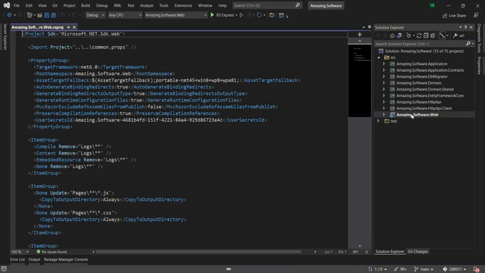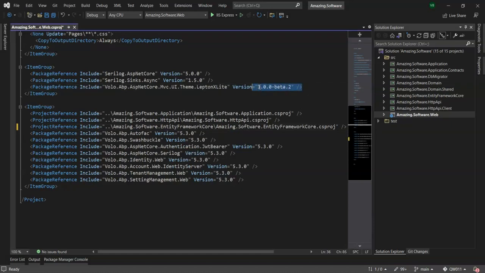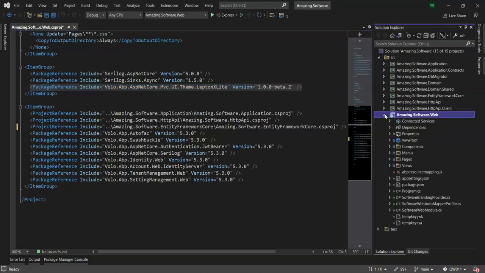In Visual Studio we'll open up the project file over here and we'll scroll down and we will get rid of the basic theme, which is over here. Sorry, we're just going to get rid of the basic theme, like so. You'll see that we have included the beta 2 of theme.leptonxlite by installing the package. We will now go into